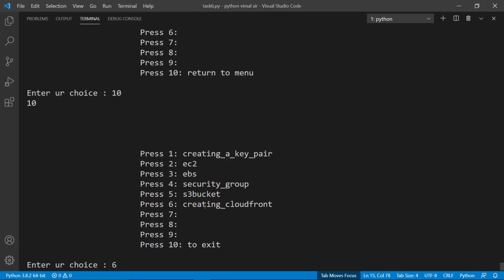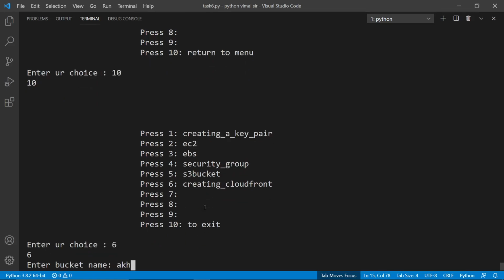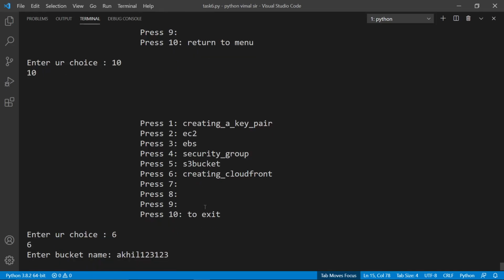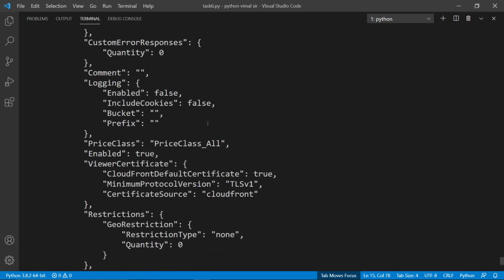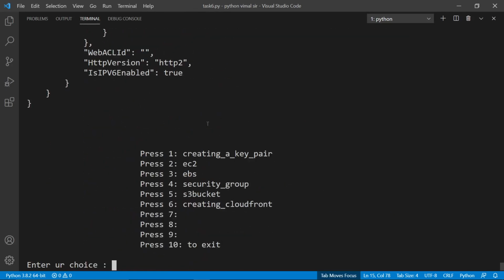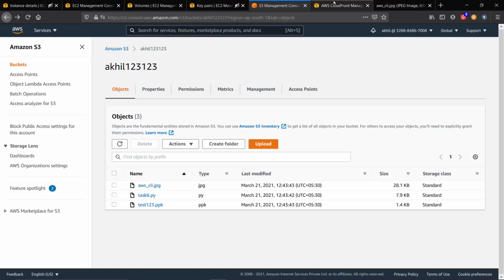Going to CloudFront, option six, bucket name. So it has been created. So this is the CloudFront. You can verify.